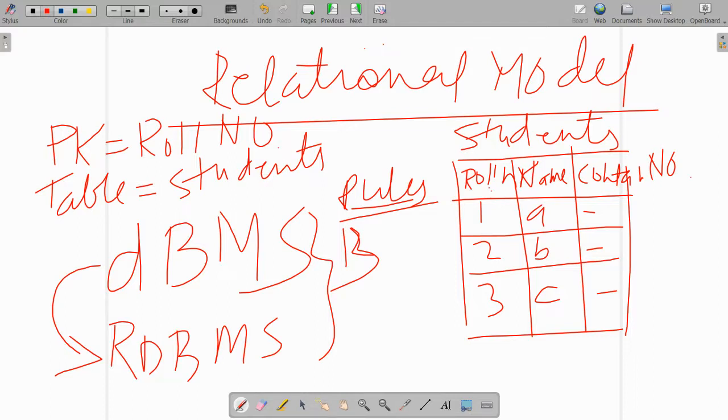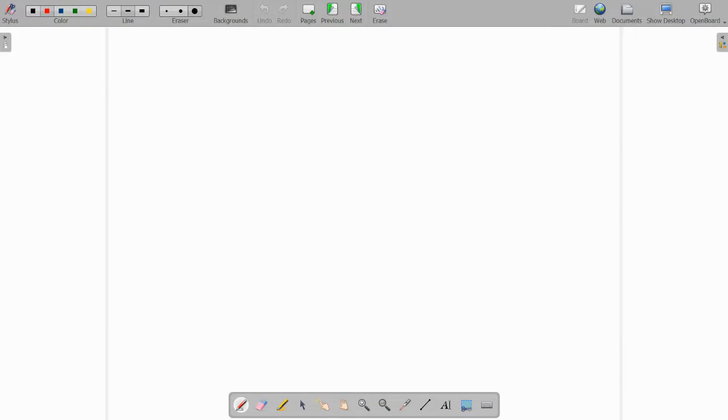So I will put up a query now. हम जब SQL पढ़ेंगे ना, that time you will be able to understand the query. So query is nothing but with some logic you will be able to sort out the data. तो मेरा query ये है कि I want the student with the roll number 3. A simple query is there. Can I put this in a way that I want to select,